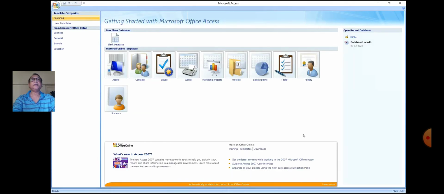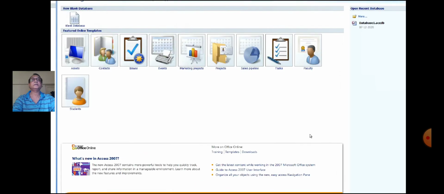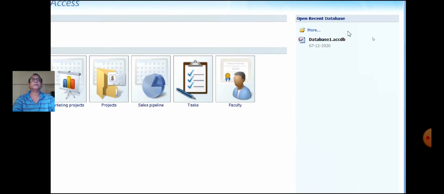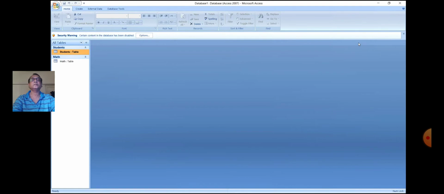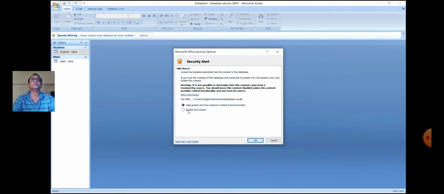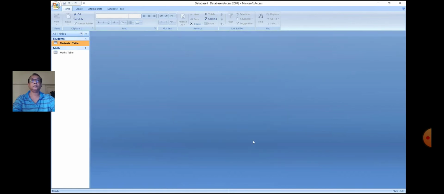Open the database. Click on the Create tab.